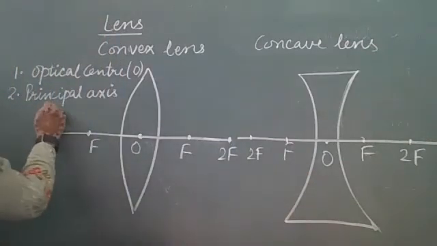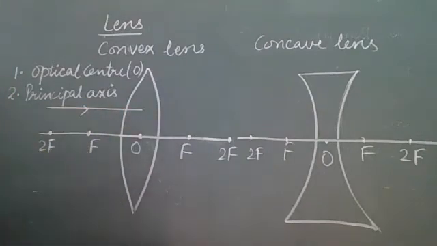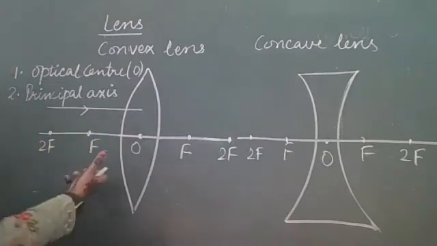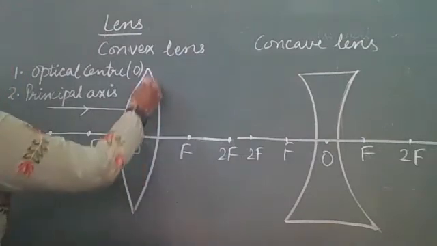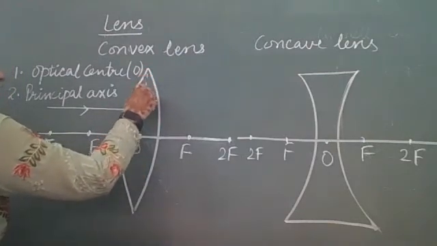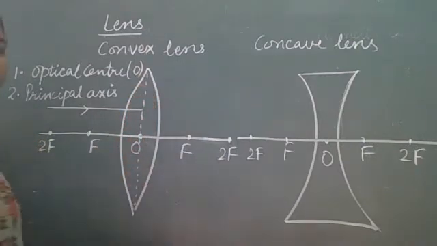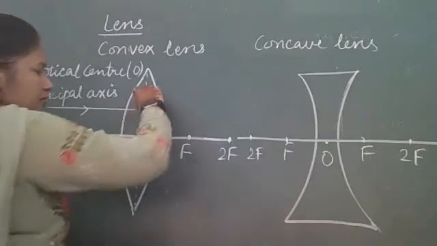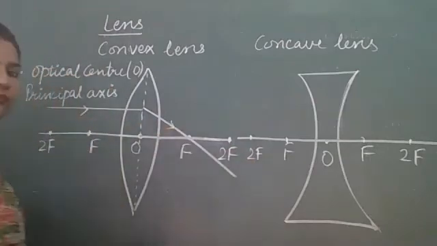So let us draw a ray parallel to principal axis. Let us take a ray parallel to principal axis, which is coming from a distant object, from infinity. And in case of lens, always remember that you have to bend the rays from the center of the lens. So draw a dotted line always and bend the ray always from the center of the lens. So it will pass through focus. We will do it in the rules also. Any ray which is parallel to principal axis passes through focus.